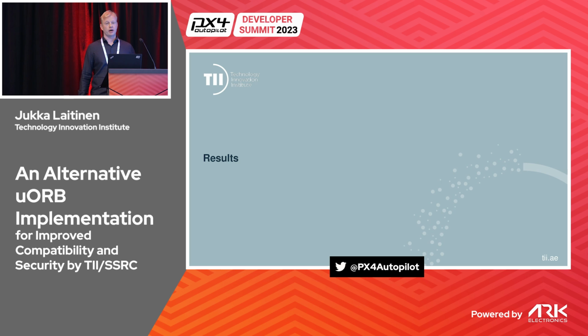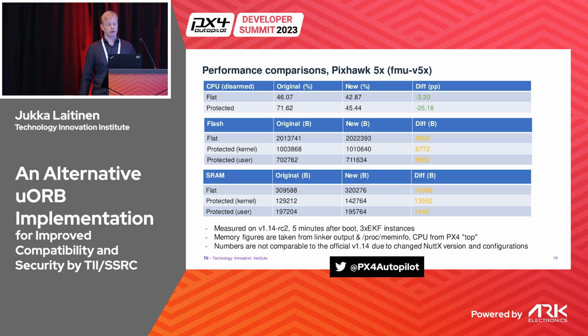Now I will just jump into what was the outcome of this. So first I will show some performance figures. We measured performance on a Pixhawk 5X. I'm not presenting performance figures on our RISC-V now because they are similar, but since it's not commonly available, this is maybe nicer. In the normal PX4 flat build, this is the normal stuff that you have. It runs a little bit faster with this new model. There is a difference of 3 percentage points with a certain configuration